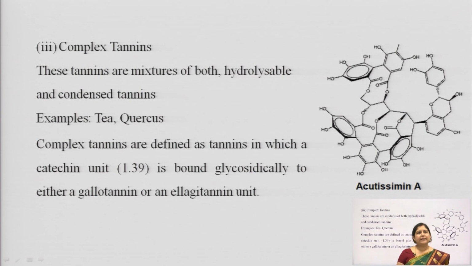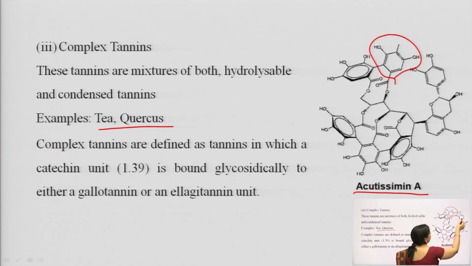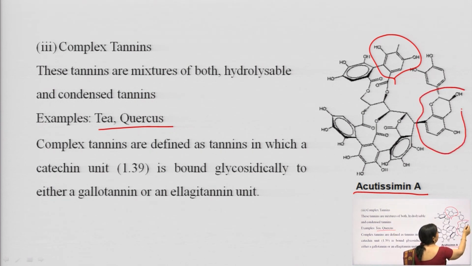Then we have the complex tannins. These are those tannins which contain both hydrolyzable as well as condensed tannins together, and the example is tea and quercus. So, complex tannins are defined as tannins in which a catechin unit is bound glycosidically either to a gallotannin or an ellagitannin unit. The example is acutissimin, and here there is a complex where we have the gallic acid groups and the ellagic acid groups along with the catechol groups, which are joining together in the ratio of 1:39 and forming